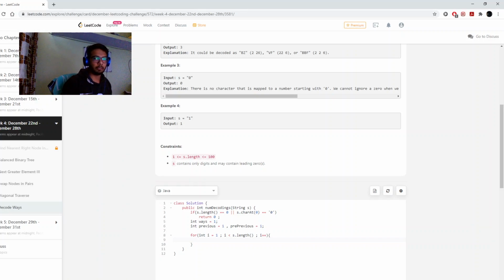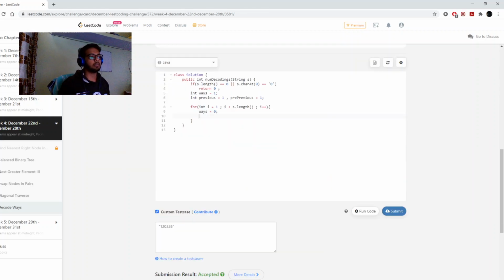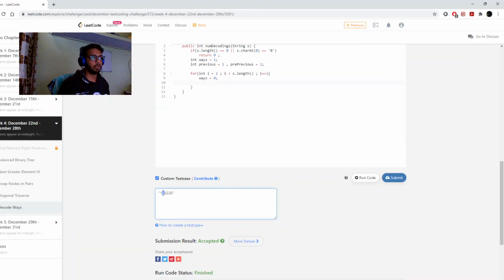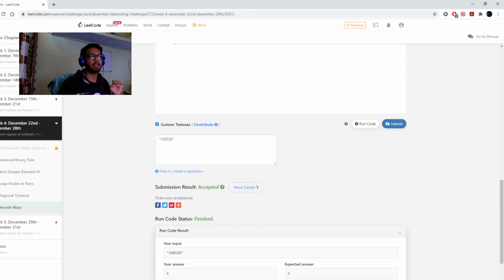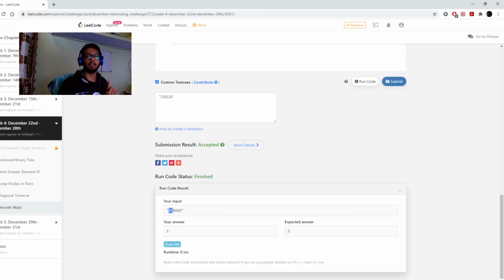Before checking for some conditions, I am going to declare my ways equals to 0. Why am I doing this? Because in some conditions, like if a 0 does not have a leading character, or a 0's leading character is not 2 or 3, then we are in problem.